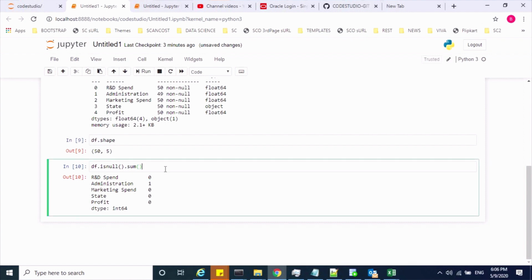Before handling it, we have options here. Either we can remove this missing data row using dropna, or else we can fill it with some values. The first option is removing the record from the given data set. For that we also have to think about how many records we actually have. We have only 50 rows, right? If I remove one, the data set size will decrease, so it is not a good idea to remove this row. So I'll try to fill it with some value. What value has to be filled for this missing data has to be found out, right? For that, let's try to describe that column, that is administration, using the describe method.